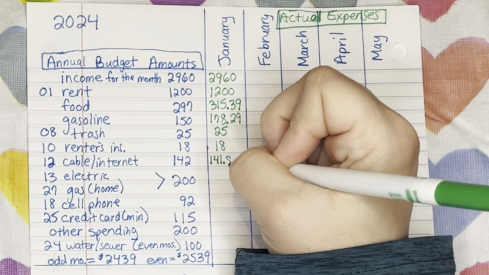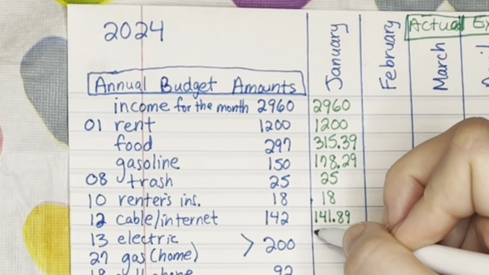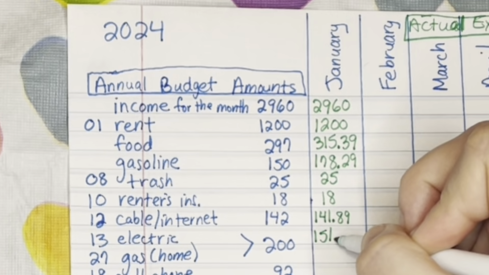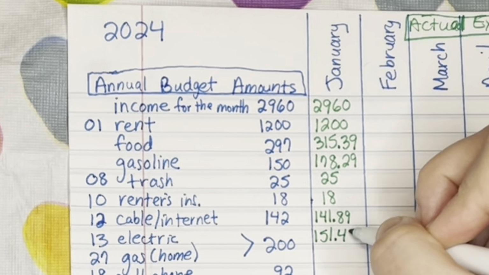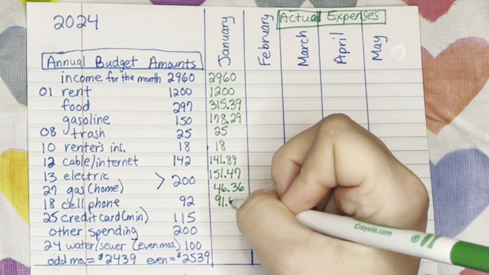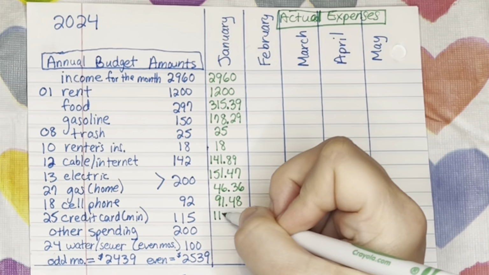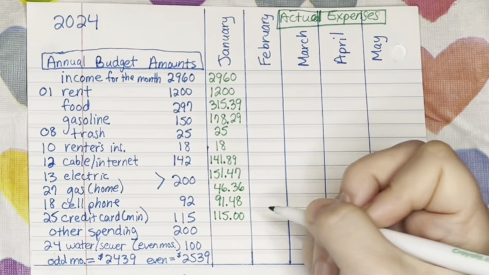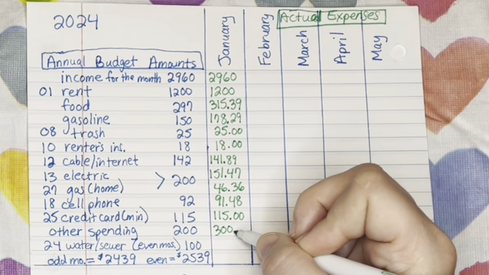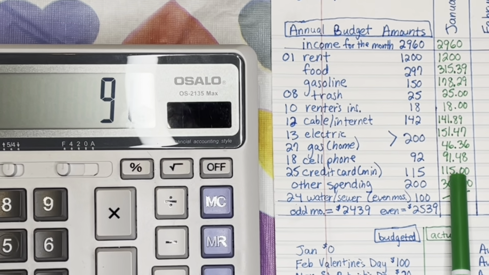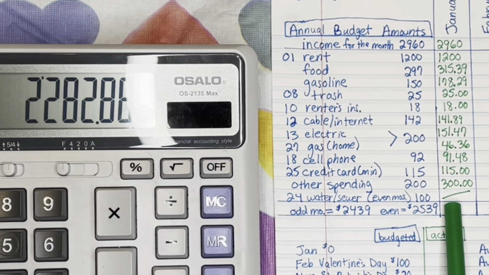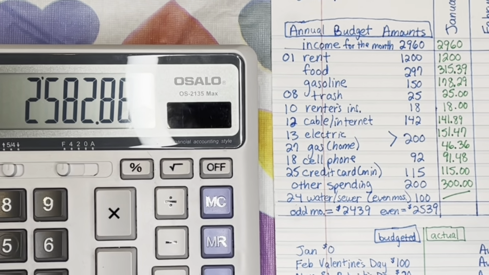She got gas 5 times in January, and that totaled $178.29. Then we go ahead and fill in the chart for the rest of the January actual expenses. And since it's an odd month, the water sewer bill is not due, so we'll just draw a line for that. Adding up all the actual expenses for January results in a total of